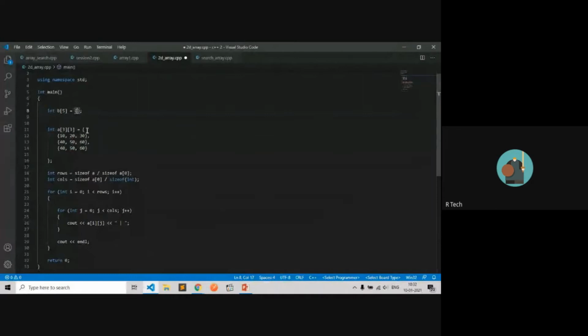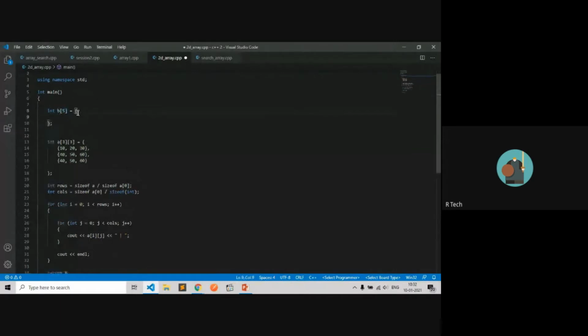Let's consider it as a sub element. 5 means it only has 5 integer values: 10, 20, 30, 40, and 50.